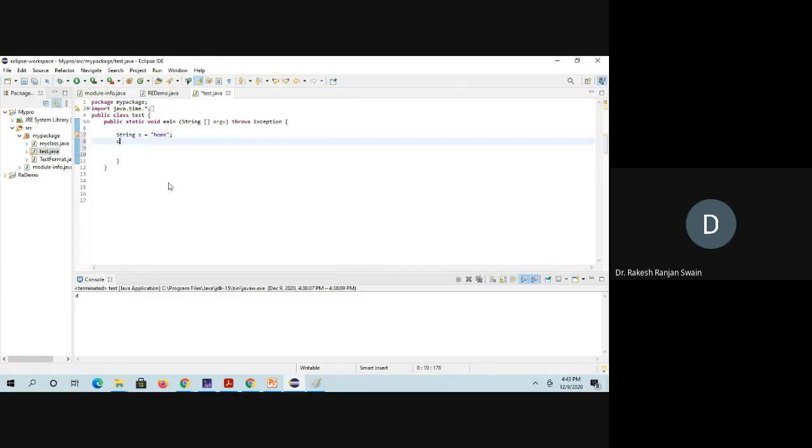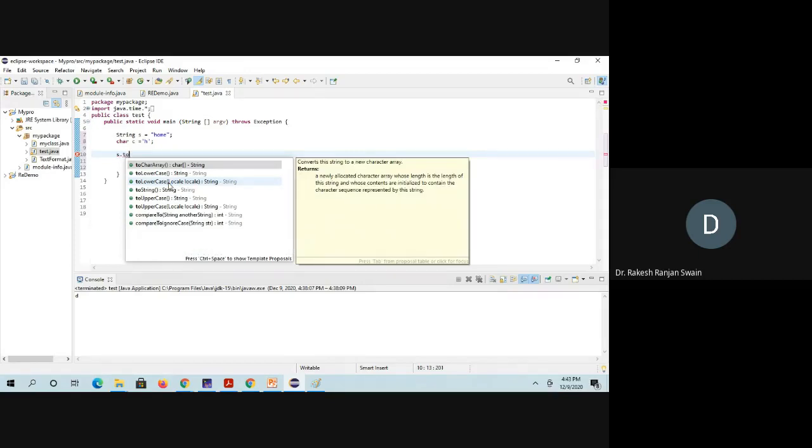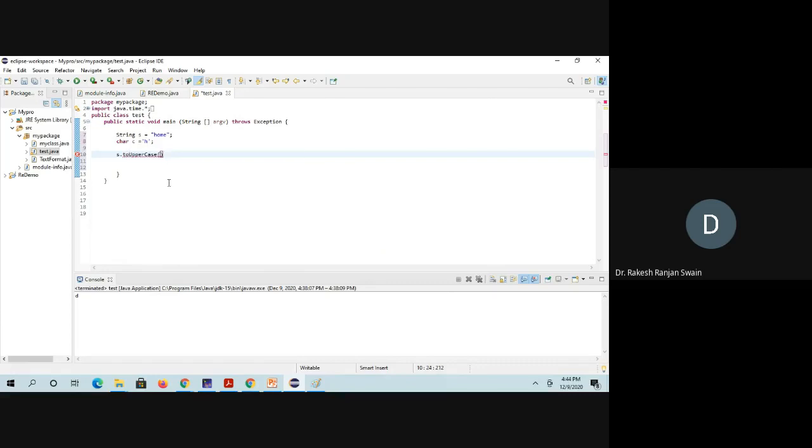Another character c, which is nothing but only 'h'. As you know, a string is an object, so we can call the methods. So s.toUpperCase() will convert the particular string into uppercase. Here I am directly printing it as well.